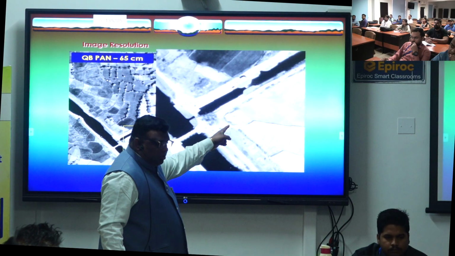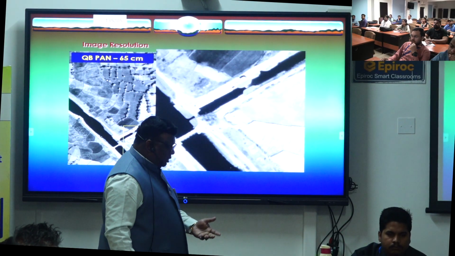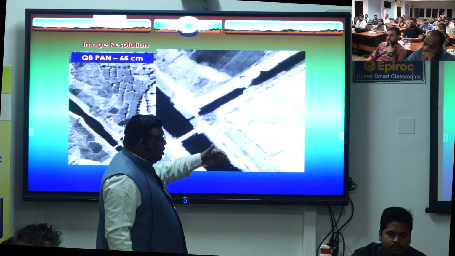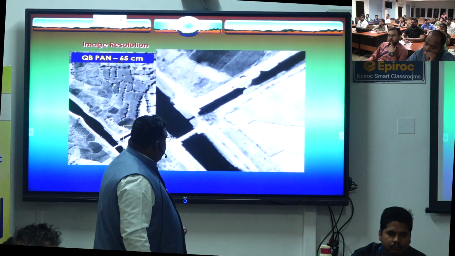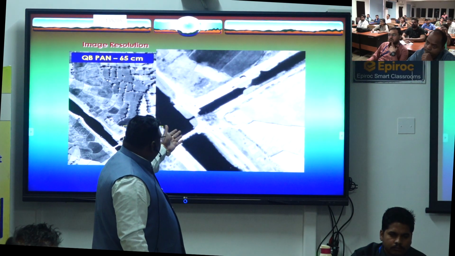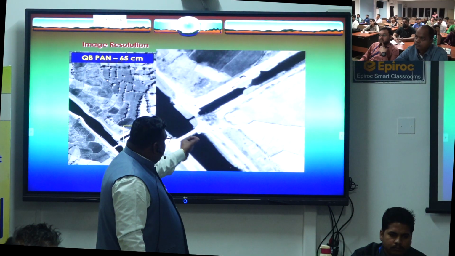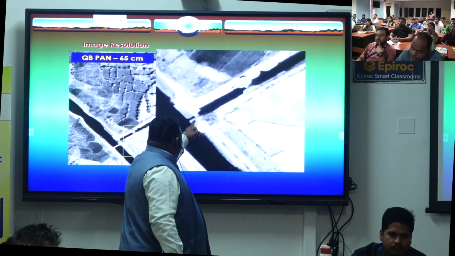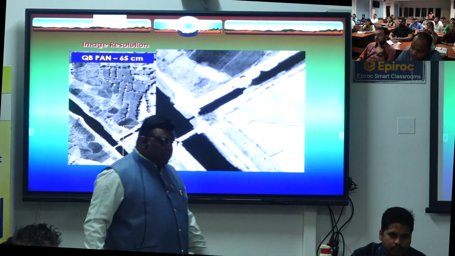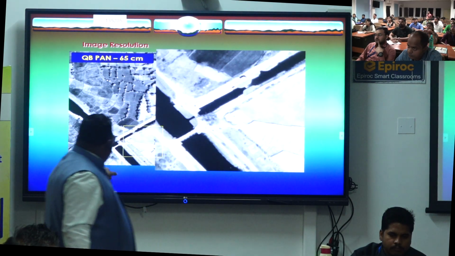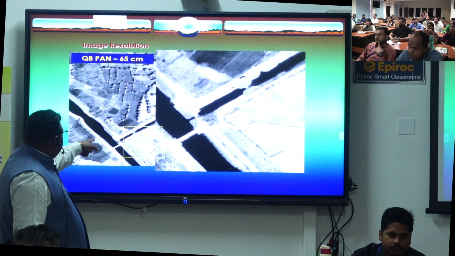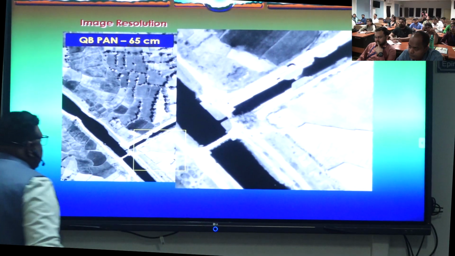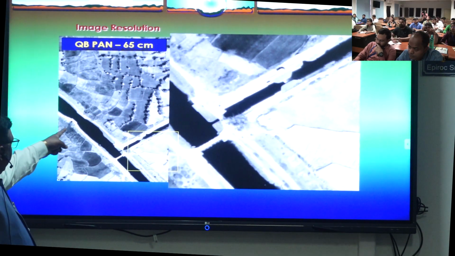So you have different types of canals, like right bank canal, left bank canal. Then you have some minor tributaries, major, and then you have the branch canal. Finally, field channels are also available. Compared to this, this is a small one, and here another structure is there. That is called the head regulator. The details you will be able to see, and literally you can count the trees also, and you can get the information of the land